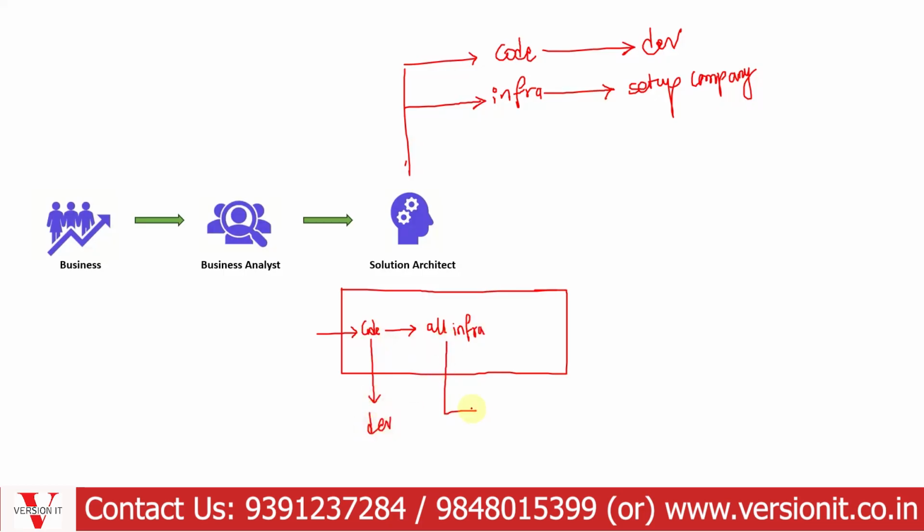The infrastructure, now tell me guys, who has to create this infrastructure? According to the requirement from the business, the solution architect created an entire architecture to be followed, which provides details about the code and how it has to be developed, and the infrastructure required for the application to be ready, in terms of databases, storage, load balancers, and everything he has mentioned. Now tell me, guys, who has to create this infrastructure when you are following a traditional methodology?